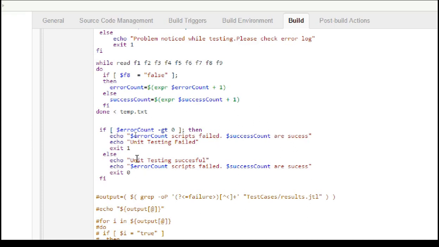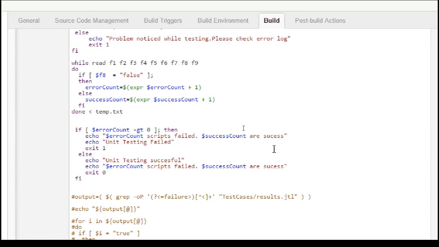The main factor that we have to remember is the exit. When I'm running a shell script, if I want to fail that shell script, then I return 1, which is non-zero. You can return anything, 5, 7, anything. If I have to make it a success, then I give 0. When a shell script exits with 0, it is considered successful.